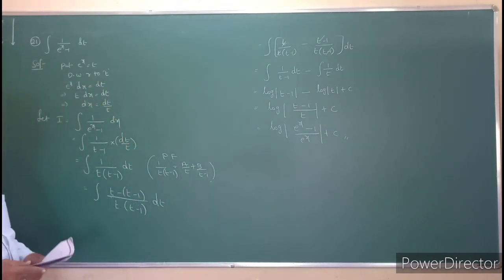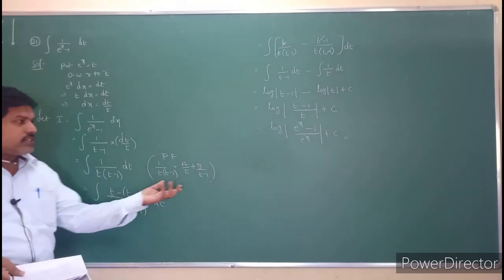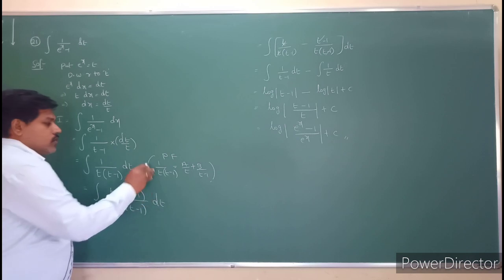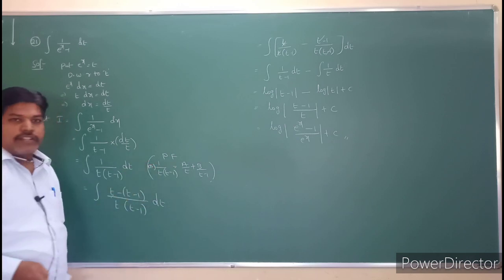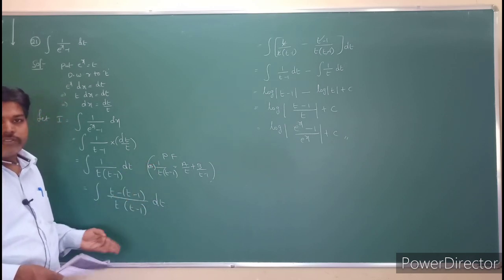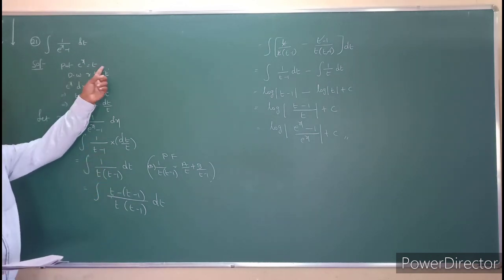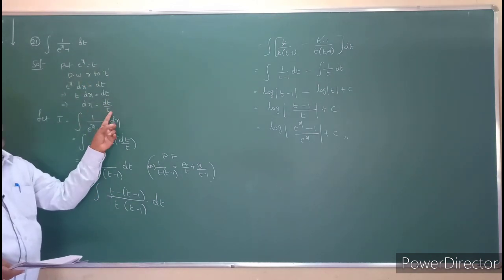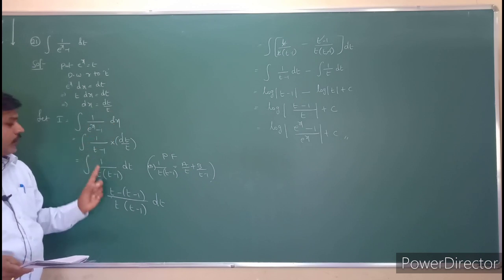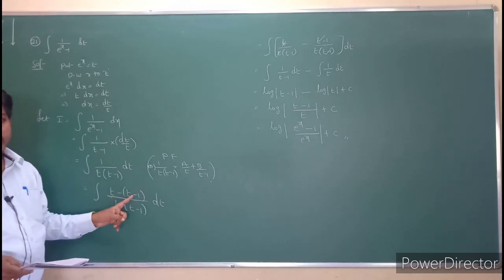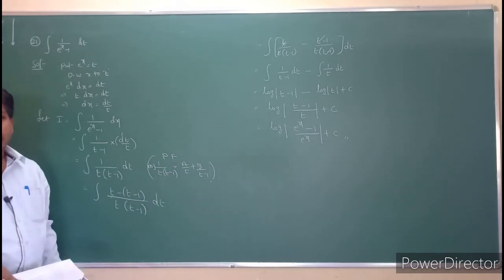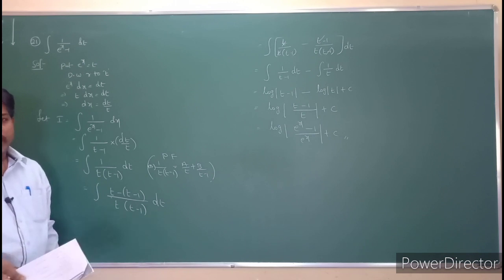So see that question students, if you can do the partial fractions, otherwise we can do it like this. Understand that? If you can, do the partial fractions, otherwise we can do the direct method. What I am telling is: take e power x is equal to t, dx value will become dt by t. It will convert into the form of 1 by t into t minus 1. Take a by t plus b by t minus 1 and take the LCM t into t minus 1, and you will get a and b values.